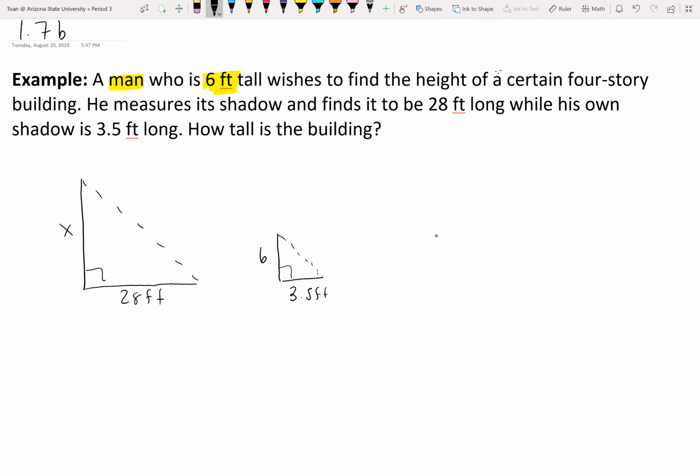We created 2 triangles. And notice, based off our assumptions, if we assume that the ground is perfectly flat, I know that this line is parallel to that line. And again, assuming that the contractor who built the building was legitimate and you have perfect posture, I know that this line is parallel to this line. And if they both have right angles, what relationship do I know exists between these 2 triangles? They are what to each other? They are similar to each other. So recall from geometry,